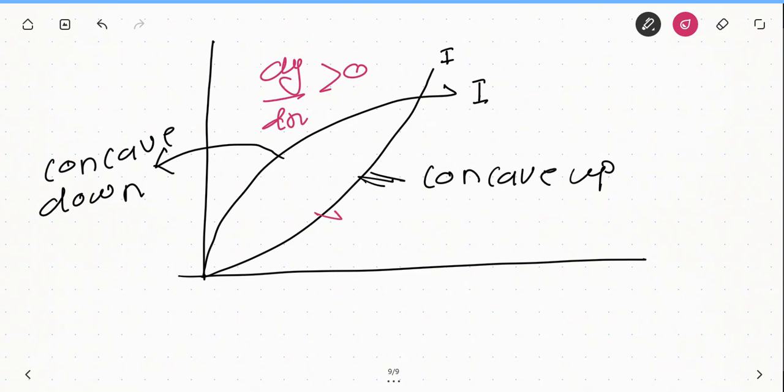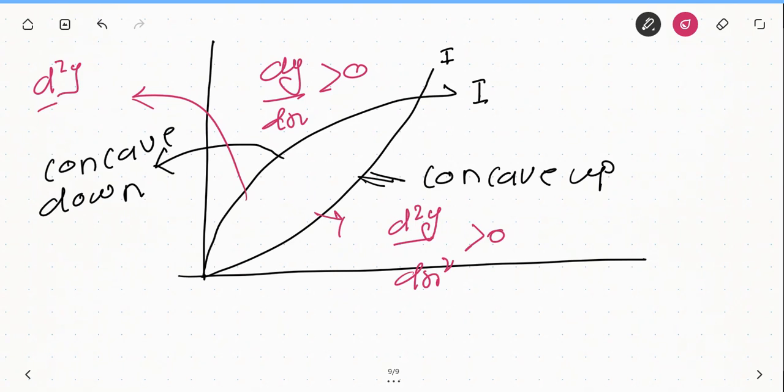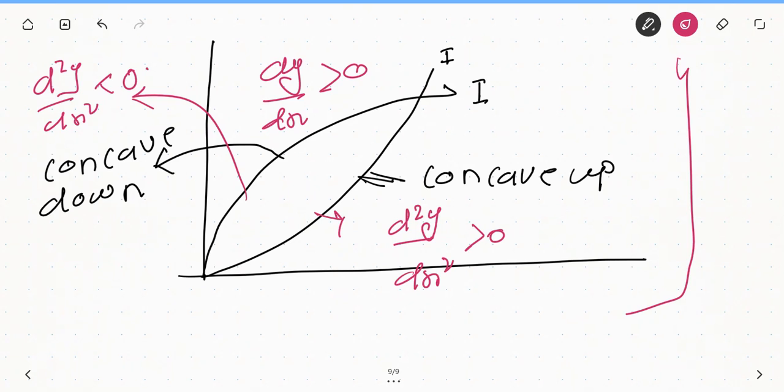Now for the concave up condition we have arrived at a result that the curvature d2y over dx2 must be greater than 0, and for the concave down condition or convex profile the curvature d2y over dx2 must be less than 0. Is it clear now? It will definitely help us while solving the SFD and bending moment questions and drawing the diagram.